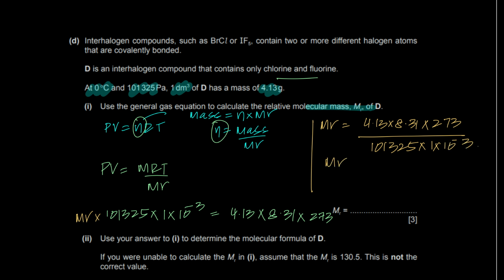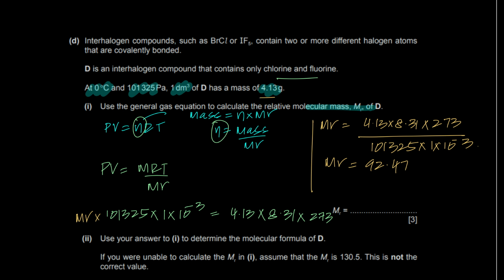What do you get MR as? Calculate, please. 92.47. Thank you. But again, because all the data that's been given to me is 3 sig fig,